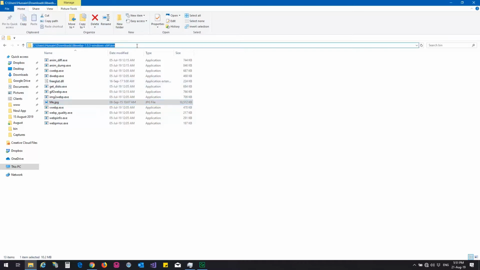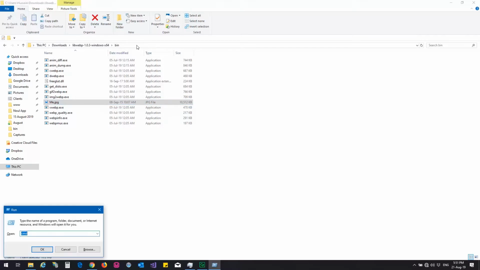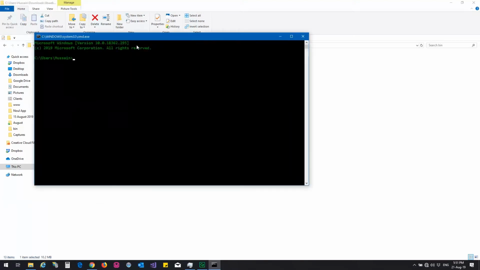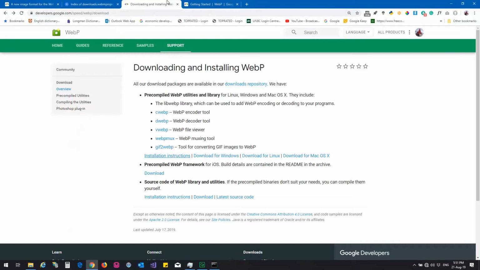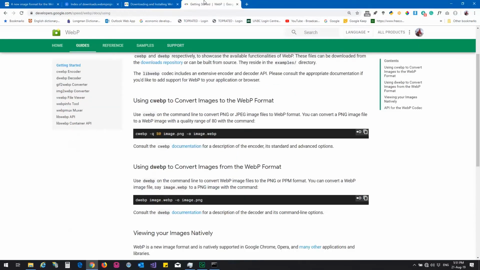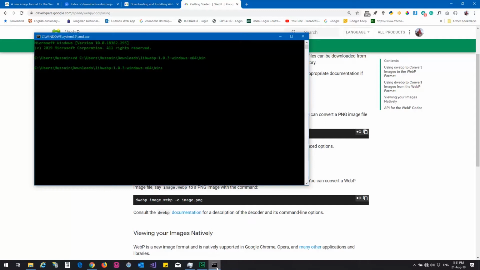First of all, I would like to copy the address of the application where it is installed, and then I'm going to use cmd to run the command line. I'm going to change the directory to where it rests, and then the next step, there is a small command that I would like to add, which is just copy this one. I'm going to put it here,